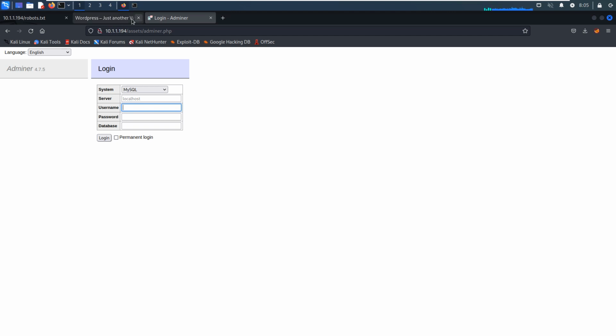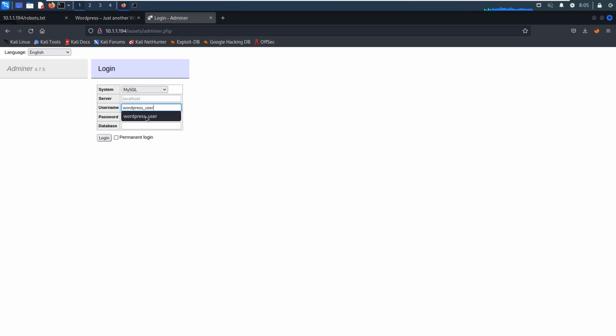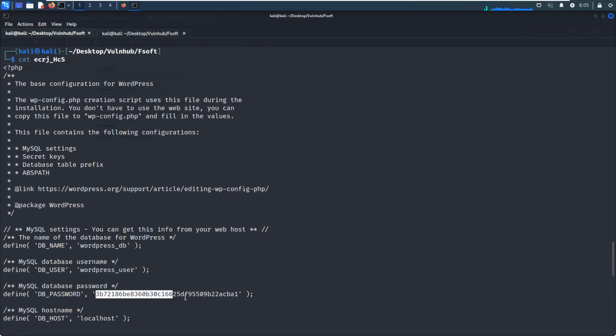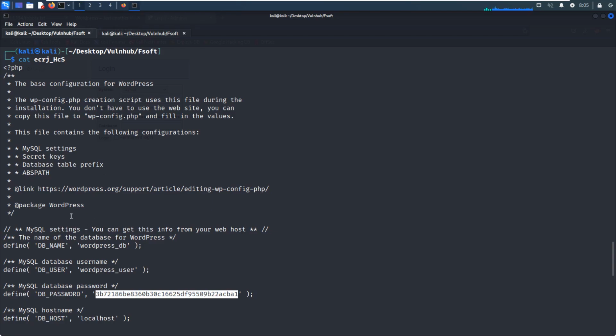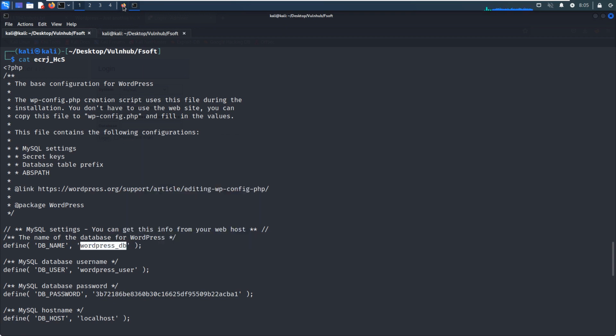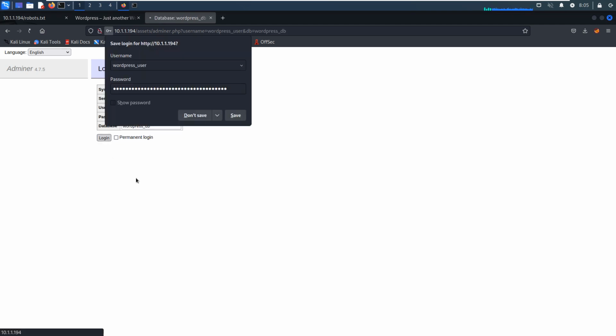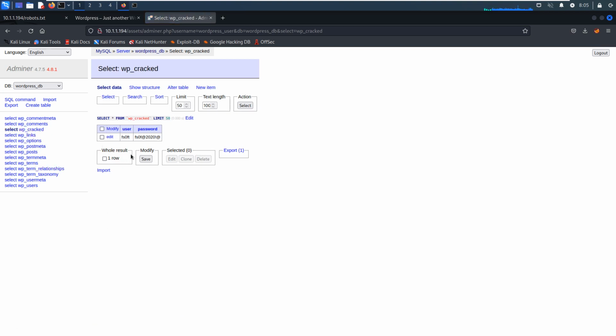So we just use the username, this one, and put it in here. And password, yeah, very long password. And put it in here. So how about database? Database name is this one. We just copy, so we don't need to type in. Login. And I think as we log in, you can make immediate notice that this one, crack WordPress, and here